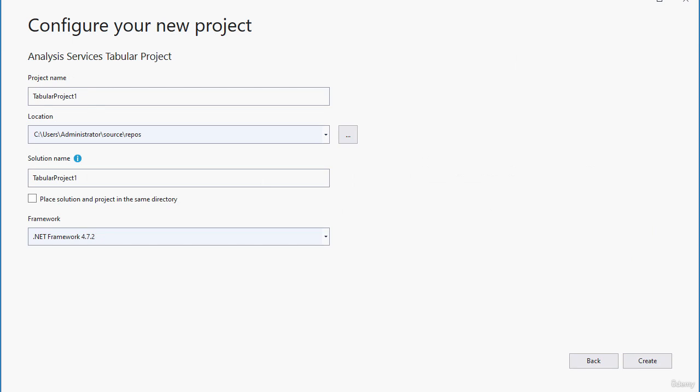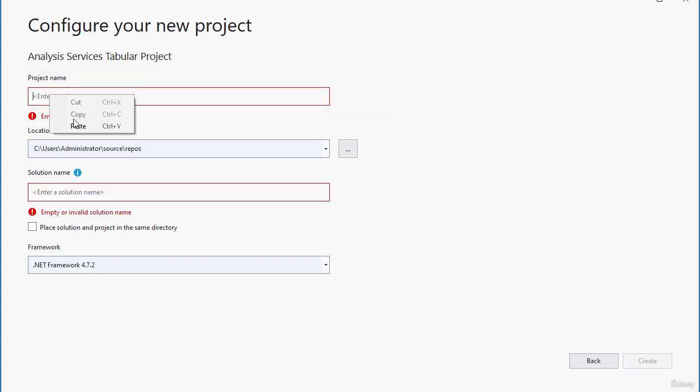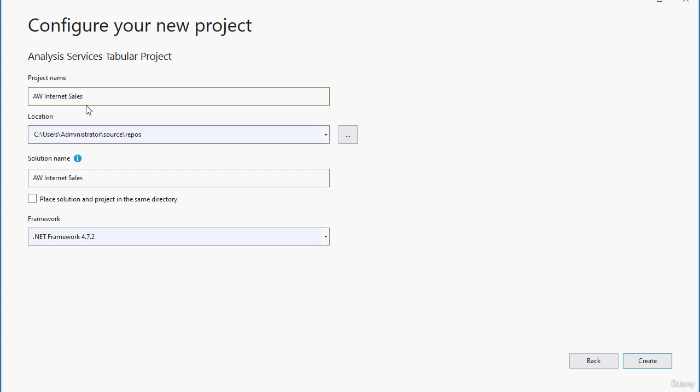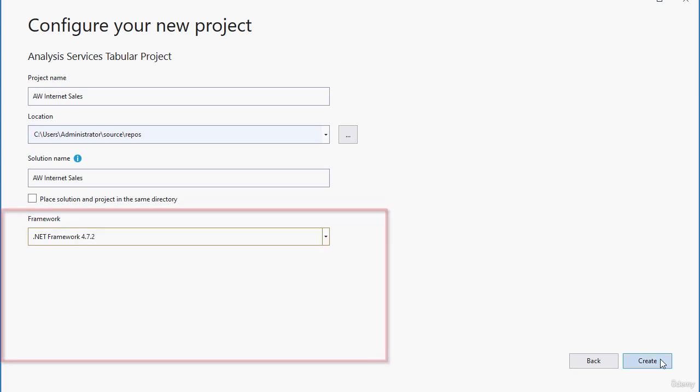In the configure your new project page, there is a default name for the project, which is called Tabular Project 1. I'm going to get rid of that. I've already prepared a name. I'm going to call it AW Internet Sales. The solution name also takes the name of the project name, but you can change the solution name if you wish to do so. A solution is a container for one or more projects in Visual Studio. In the framework option, you can select whichever framework you want to use. I'm currently using the most recent framework, so I'm going to leave it as that and click on the Create